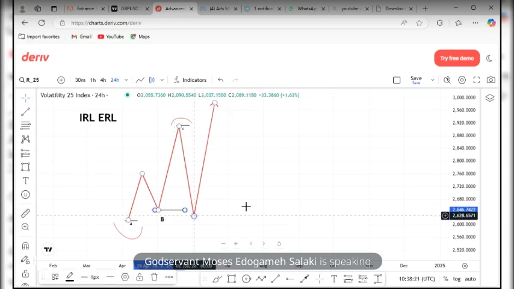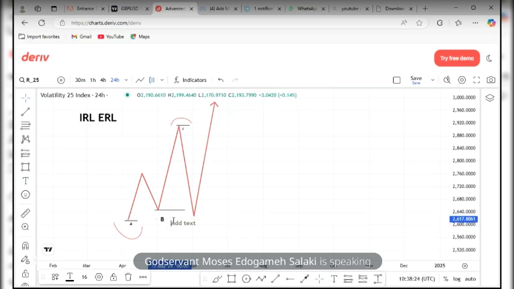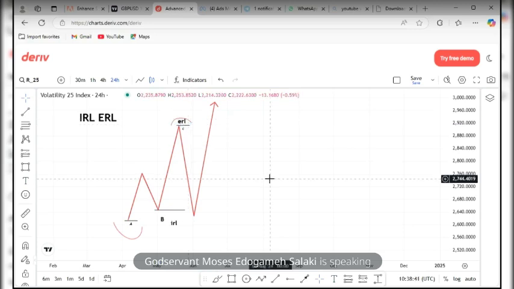So this B leg is my internal range liquidity. And then the C leg is my external range liquidity. You use the external range liquidity as your take profit. That's your target. So if I have a weekly chart,